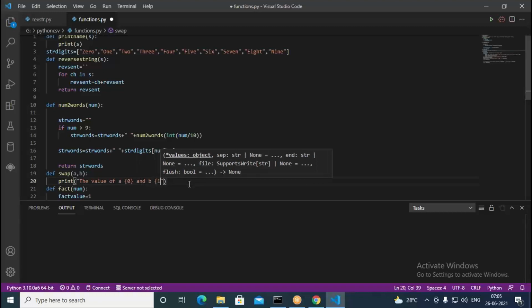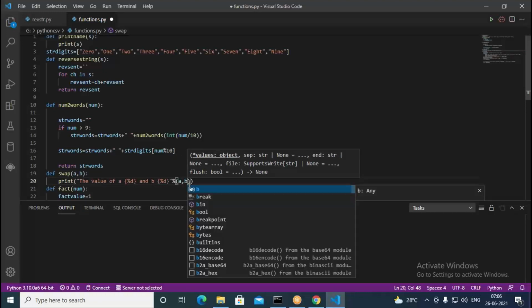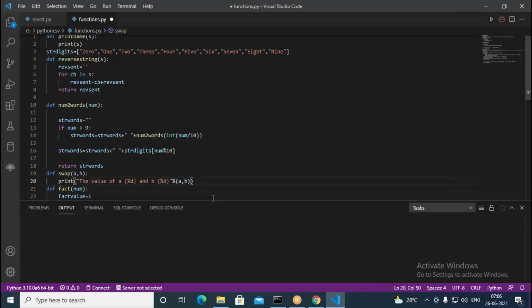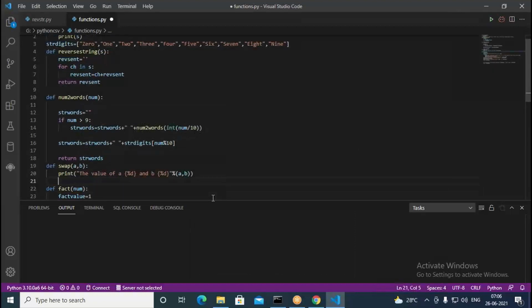I put here 1. Then after that, instead of 0, I put here %d. Here I put %d. Then I put here % followed by a comma b. Like this I put it. I am passing the tuple in this, and you have two parameters.